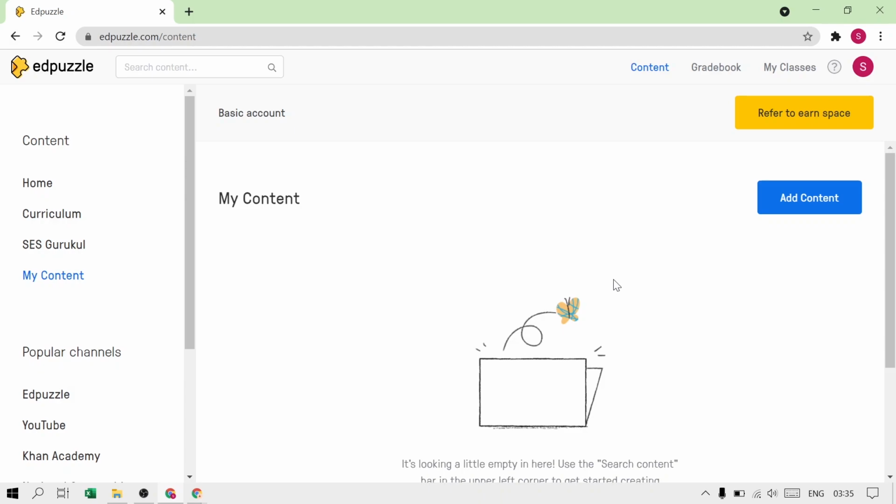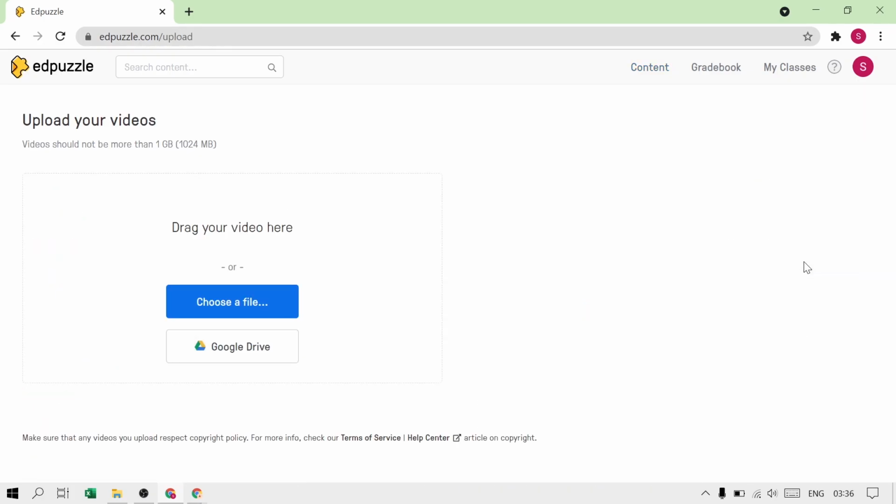Now we are going to be looking at some of the different features of this platform. But let us start with the main one, and that is creating lesson content. So here, as you can see, I can click on add content. This will enable you to create a video, upload a video, student project, or a new folder. I'm going to upload a video, so I will click upload a video.